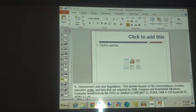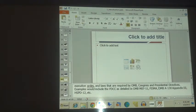All right. When it comes to government laws and regulations, you can go ahead and highlight these. You have the FDCC standard, you have the OMB M-series documents. I reference those quite a bit, knowing which one's what, which one does what. FISMA, the Federal Information Security Management Act, OMB A-130. And there's HSPD-12, for example, which is Homeland Security Presidential Directives. We'll look at even how the naming convention of Homeland Security Presidential Directives has evolved over the years, and what the purposes of them are. Most of this can be captured in the beginning of each of the federal documents. You get to an introductory paragraph, we'll go